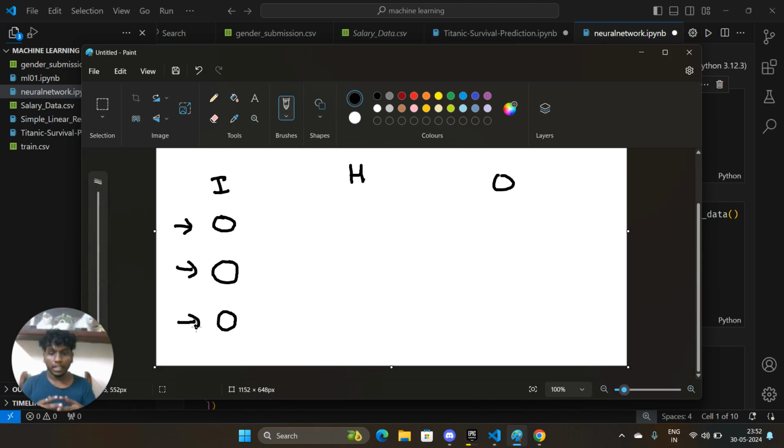For example, if you're sending an image as input, and the image has 64 pixels, each pixel will be considered as one input feature. So the input nodes would be 64 in that case. For this architectural diagram, I'm going to put some nodes. And the output